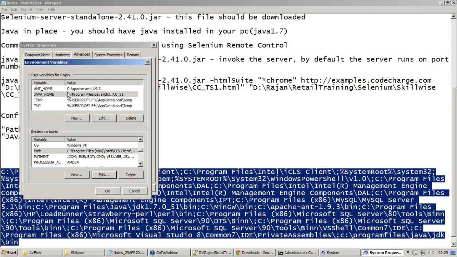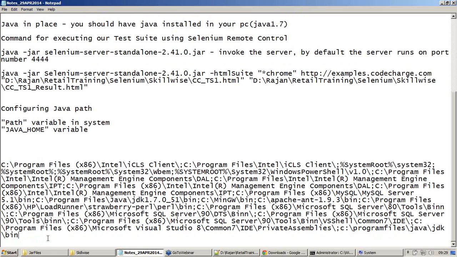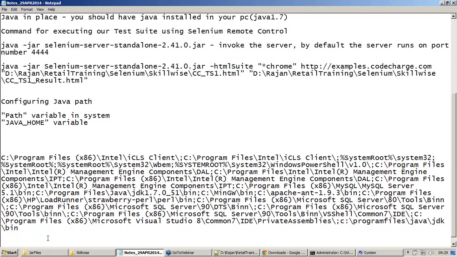Now as we have configured both the variables Java home and path, we already executed it.